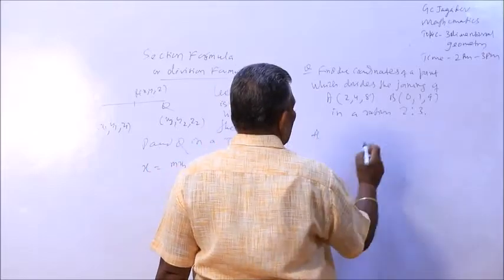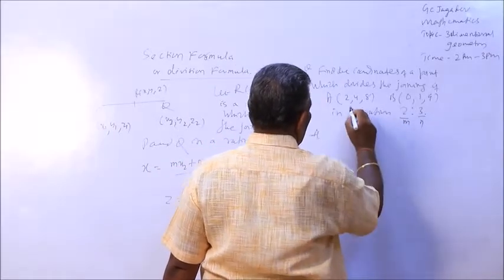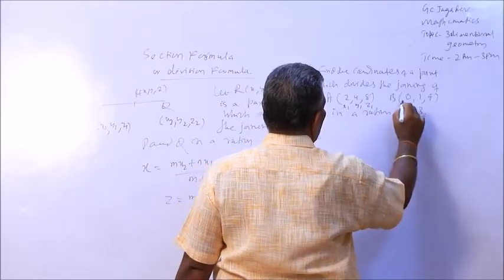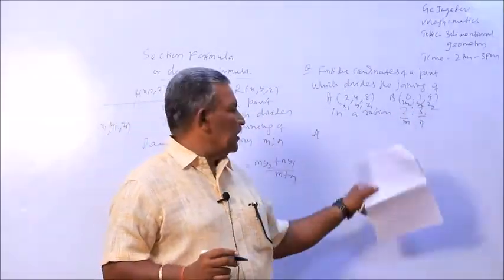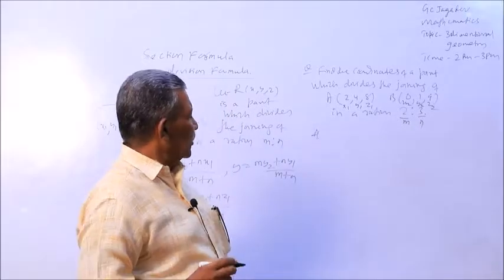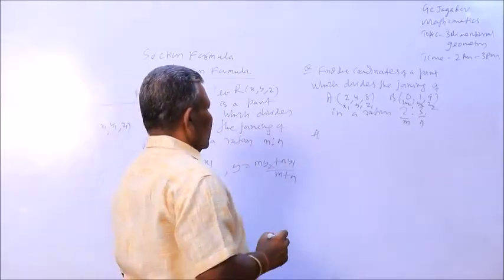Here you can take m as 2, n as 3. The first point can be taken as x1, y1, z1, the second point can be taken as x2, y2, z2, and the ratio is 2:3. So x equals